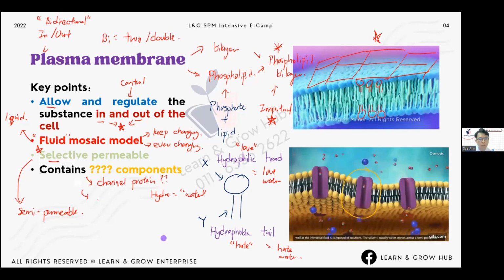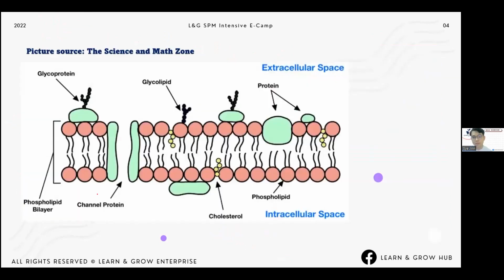Is there any other component? Let's see the next figure. This one is the picture shared by Science and Medicine from the website. It is a very straightforward figure to learn about the plasma membrane. Just now Miss Wei En said that this one is a channel protein. Well done. But just now Miss Kai Ching said protein channel, is it acceptable in SPM? Actually, the answer is yes, but